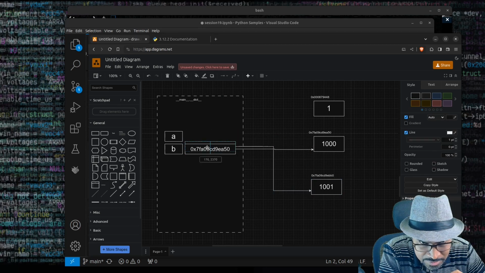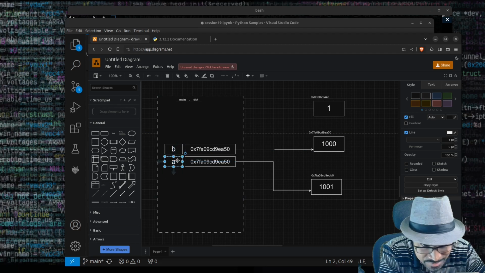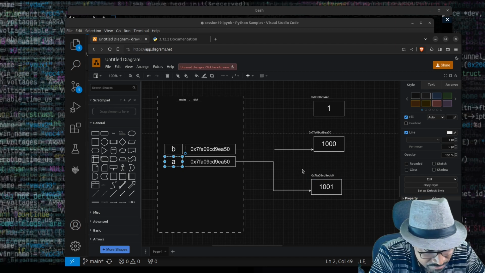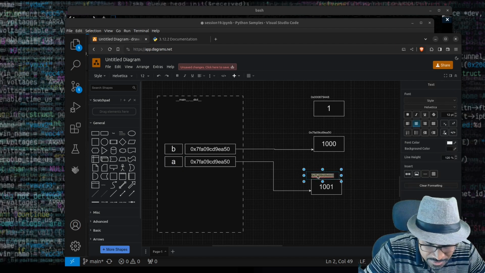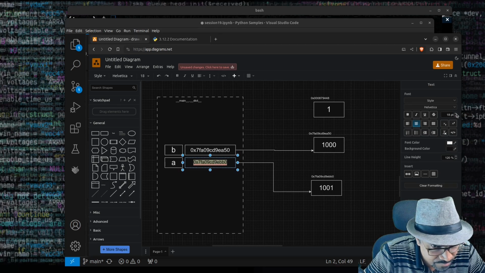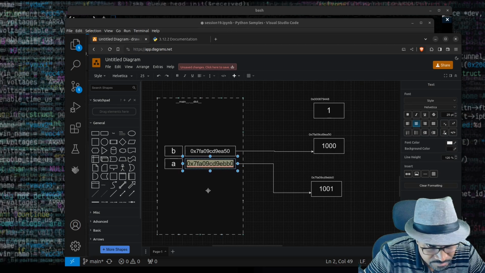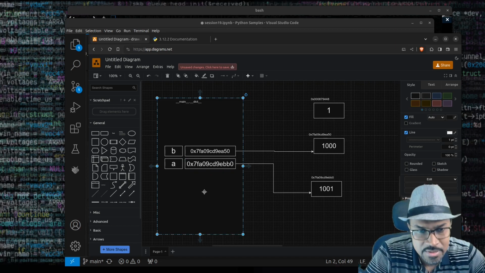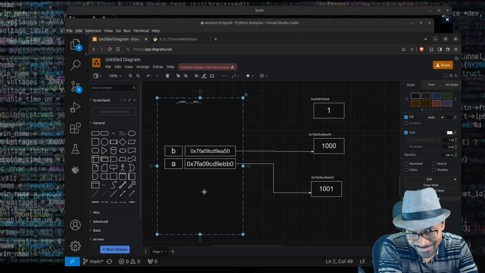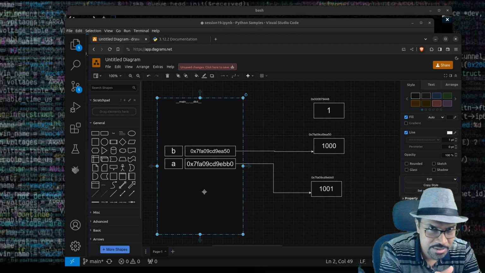Let me do one thing. Let me put this a below now, so it looks a little better. Otherwise, it looks very crisscrossed across the arrows. It looks very confusing. And the address of this is, what is the number? Let me copy that number here. It's a different address. Let me just increase the font size to match this up. Now we get a picture. You can see that 1001 is a new object, and a is now referring to the new object,